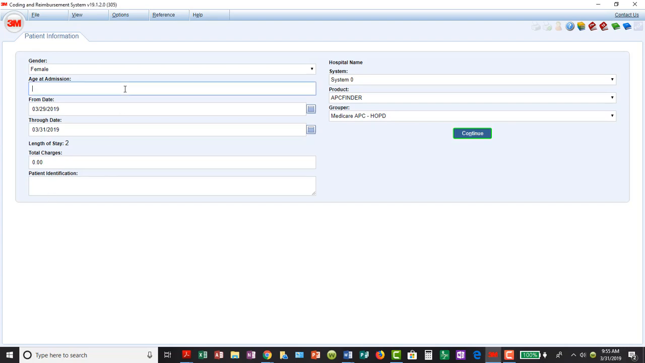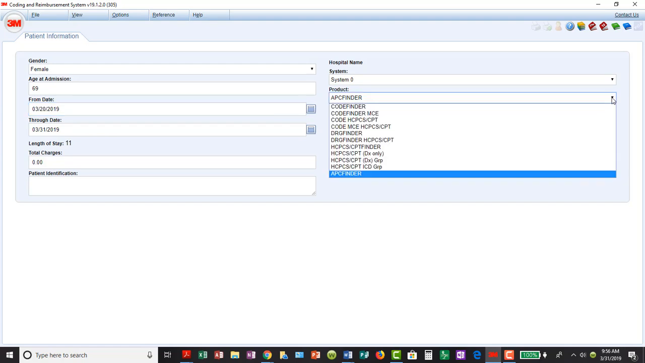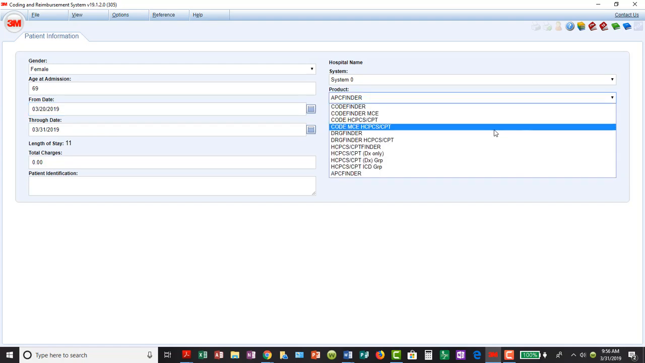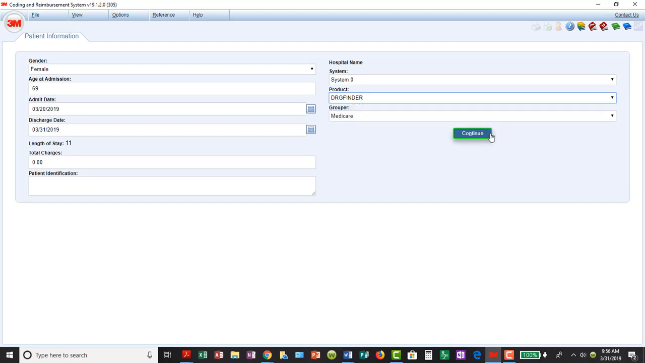This person's age is 69. He was admitted on 3/20. You can either type here or you can go in here to your calendar and hit 3/20, whichever way. Discharge 3/31. We are going to be looking. You can see that there's many products on here. APC is an outpatient product, so we're going to go back to the DRG we used earlier, and it is